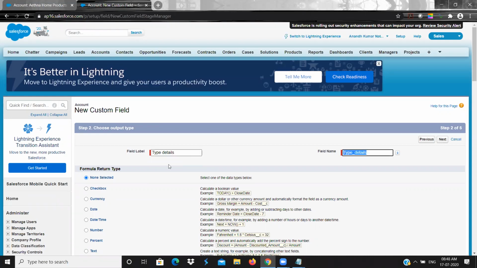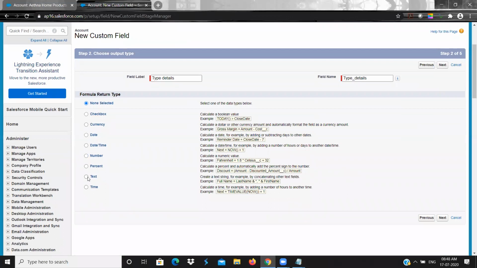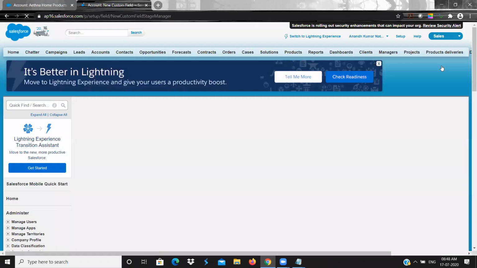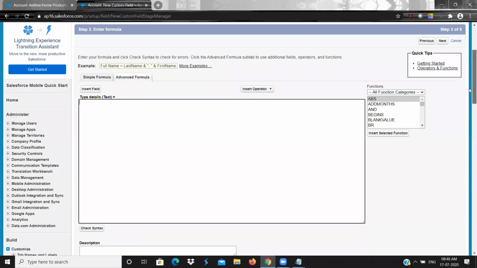Some name I'm giving, and I'm having it as text. Next. So we need to have a formula here. First, we know: if, condition, comma, true, comma, false, right?